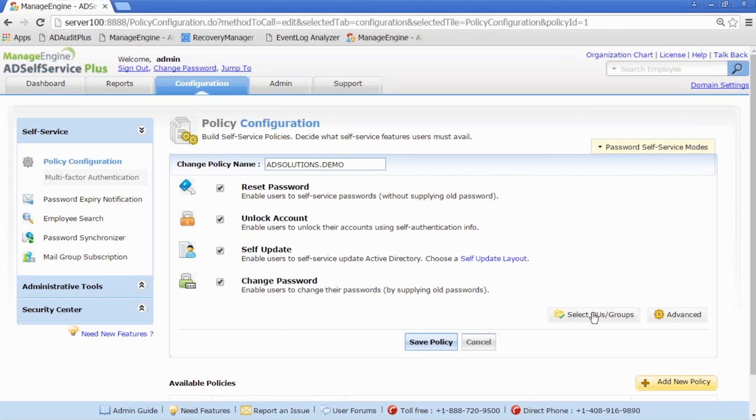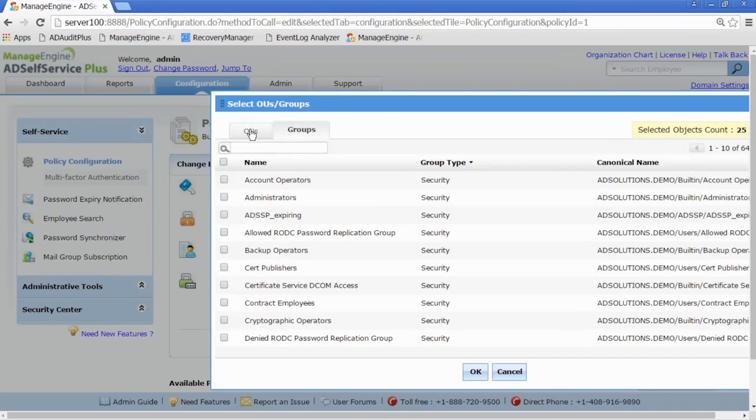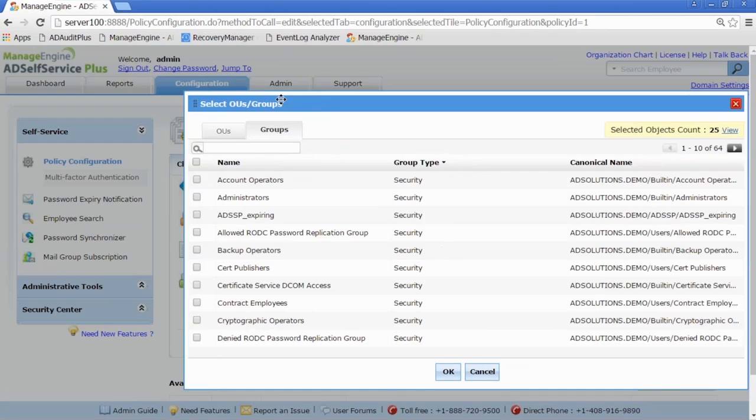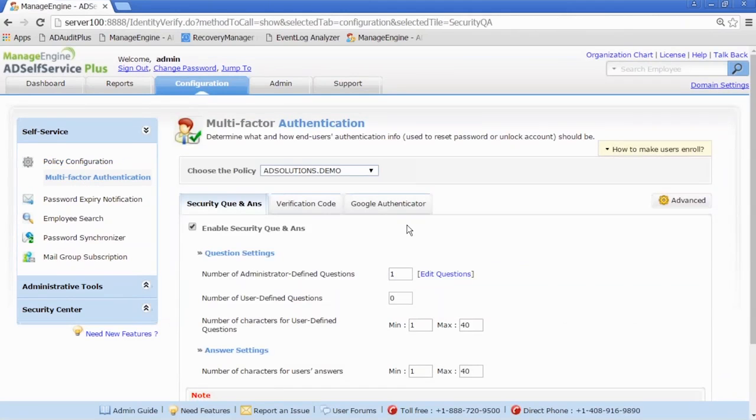You also get to define who this applies to, whether it be to an OU of users, which is usually my example, you know, HR, IT, executives, or even groups of users. So depending on how you want to manage this, you get to define who receives the policy configuration. So as you can see, so far, this is pretty straightforward. But in order for someone to actually use a web-based interface, in order for them to deal with passwords, it has to be secure. That's why we have multi-factor authentication options.